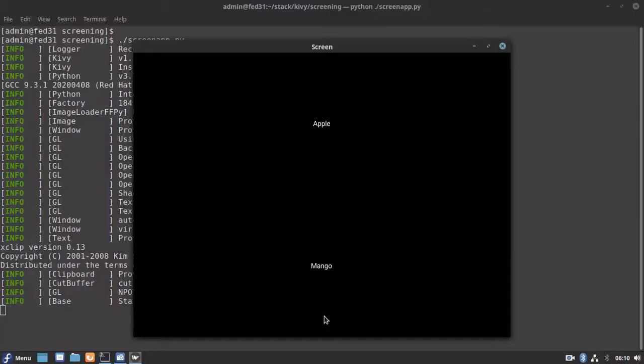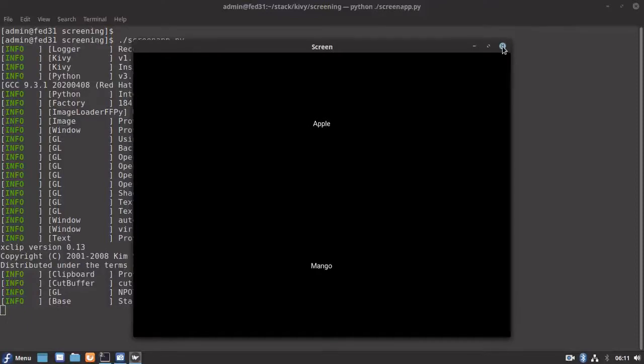This is how we can switch from one screen to another, and dynamically update the content of our screen. As we saw, we are able to update the content of our second screen with the content which we input in our first screen.